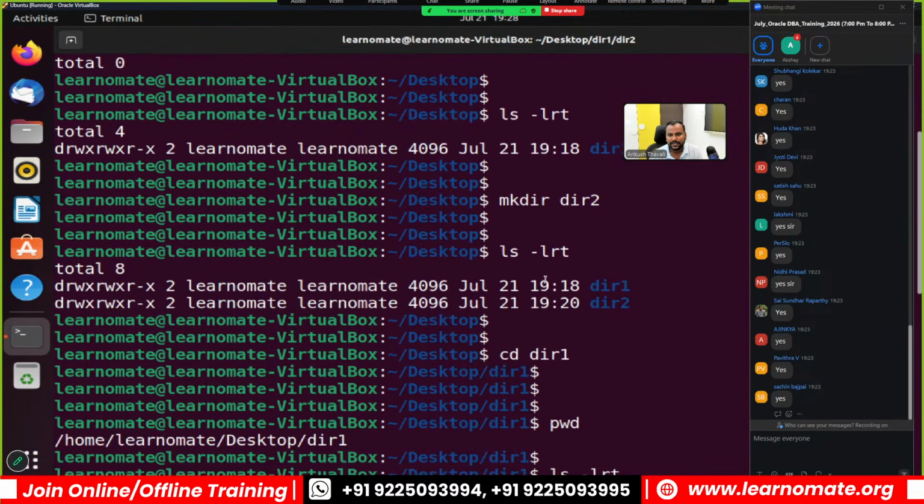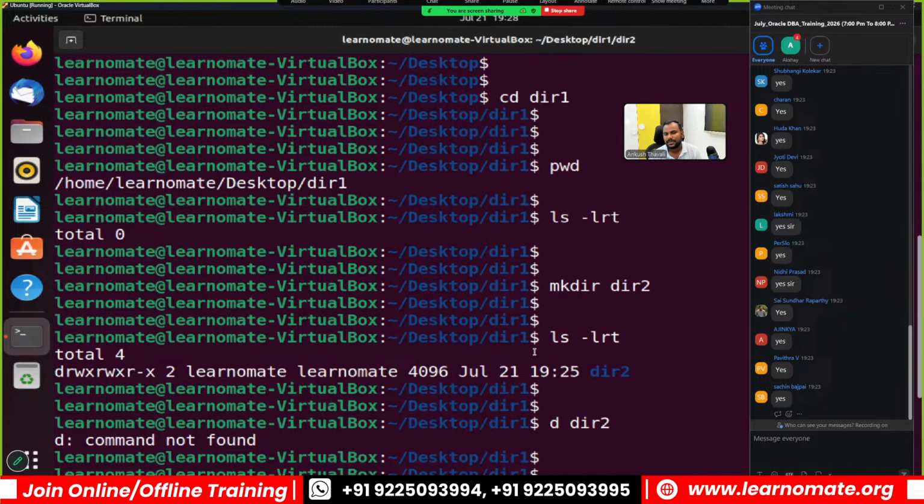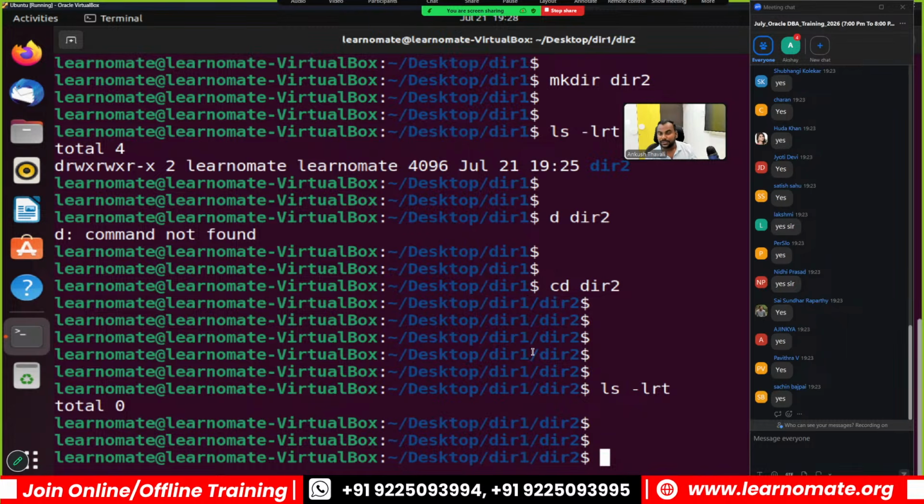So if you see here, there are two folders, but dir2 we created recently. So can you see here? This is the time when the folder got created or modified. So the dir2 folder got created recently, so you can see it at the bottom. Reverse with the timestamp. So whenever you want to create a folder, you have a command like